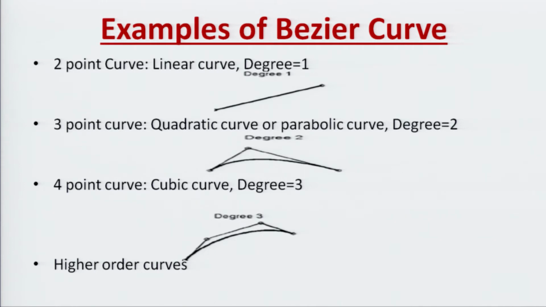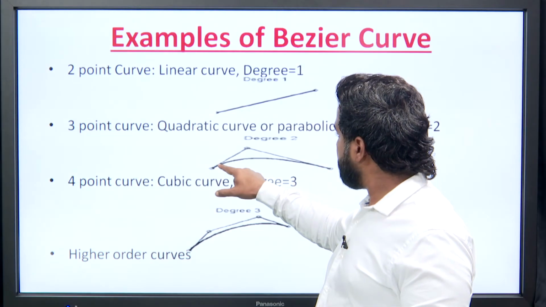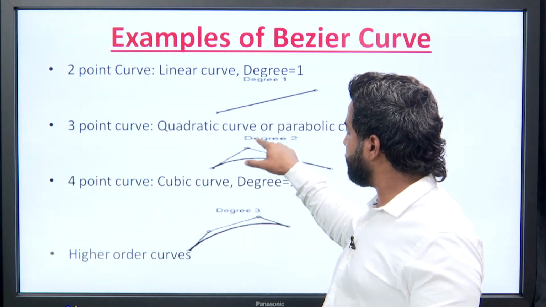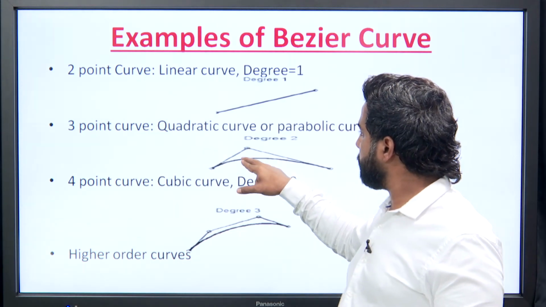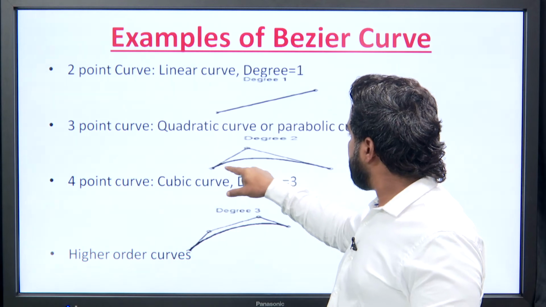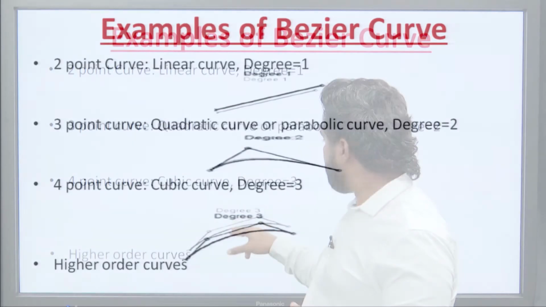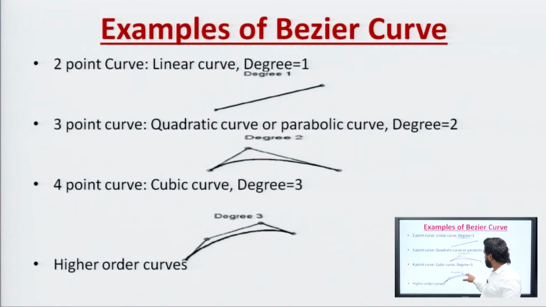Here the end points collide with the Bezier curve, and this point is called a handle, which maintains the shape of the object. In this curve we can see that these two control points are handles, and they make the shape of the Bezier curve. They are responsible for this shape, and both end points are called anchor points, which we discussed before.